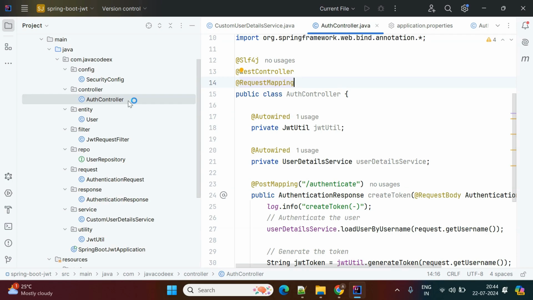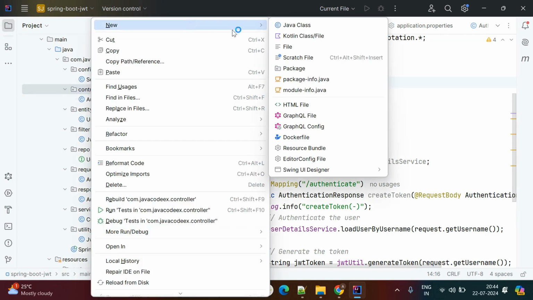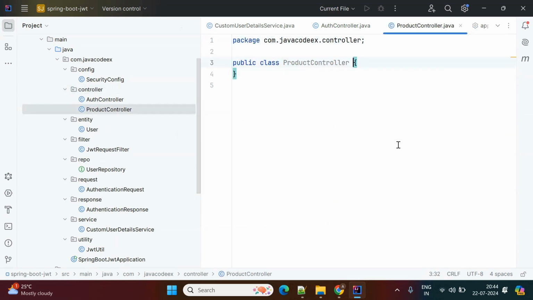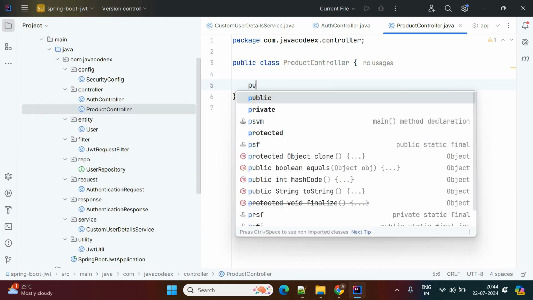applications. Okay, so here we'll create one more controller to test. We'll use a product controller. So here is my product controller. I will create a